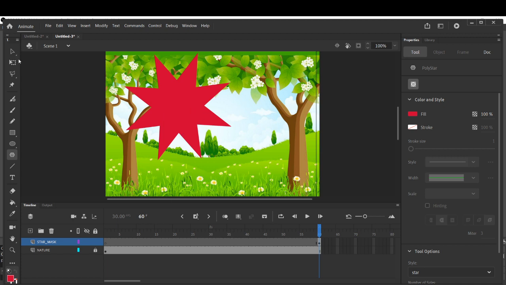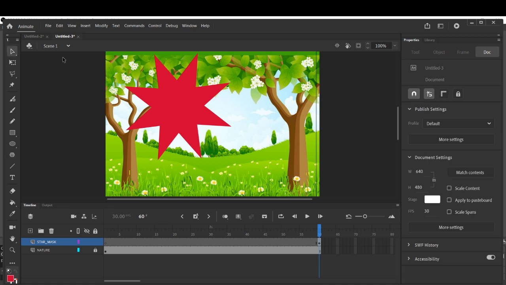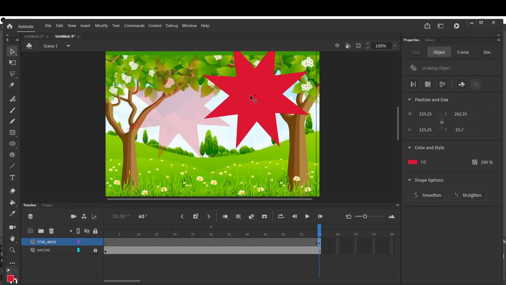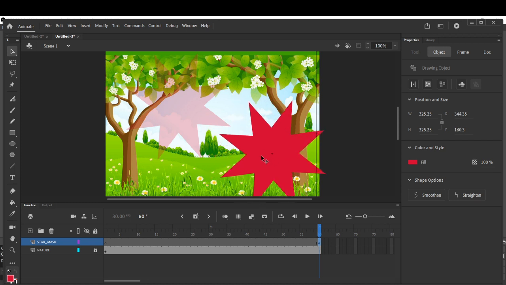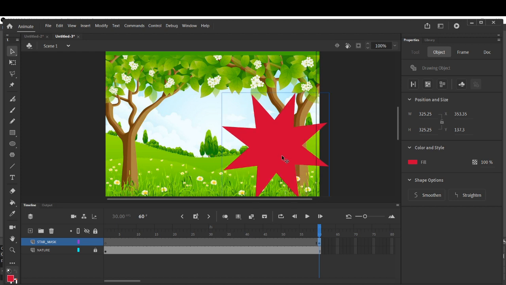Because this one is a blank area, I have shifted it here in this way. Now it's drawn.